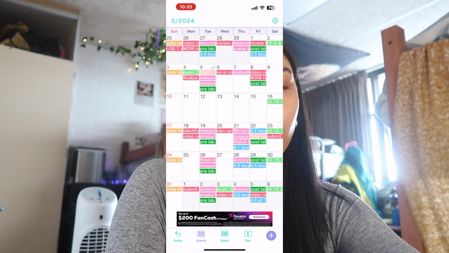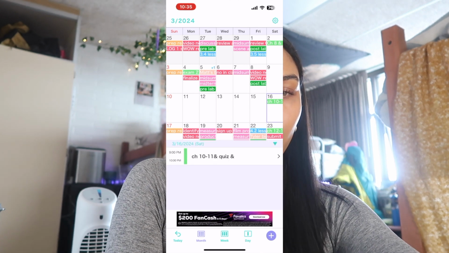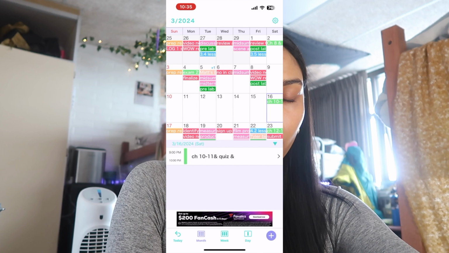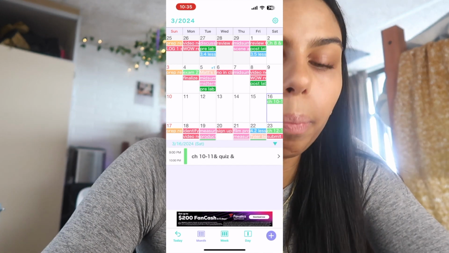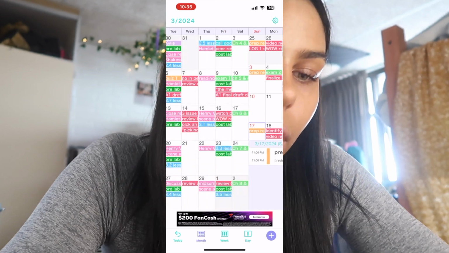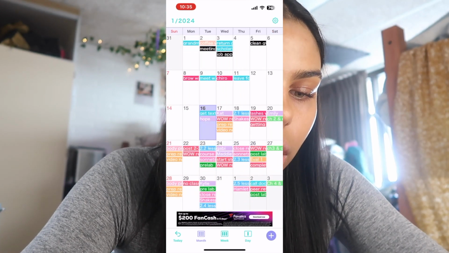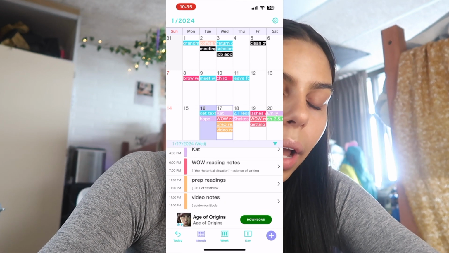The blank space here, the 10th through the 16th, is spring break, so I don't really have anything. Technically this is due on the 17th. And then for a lot of these classes, especially my prep readings for